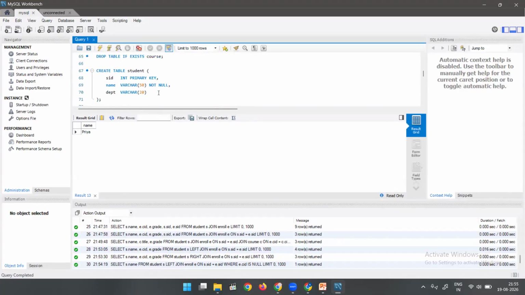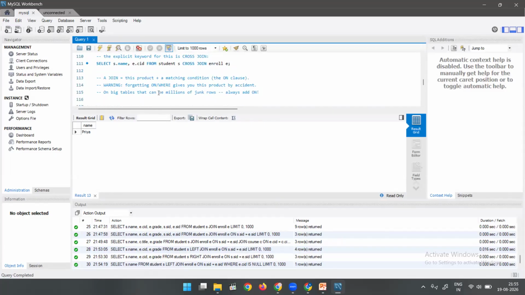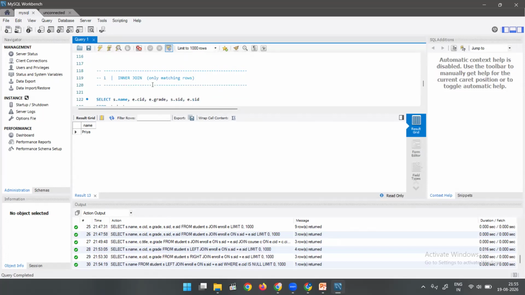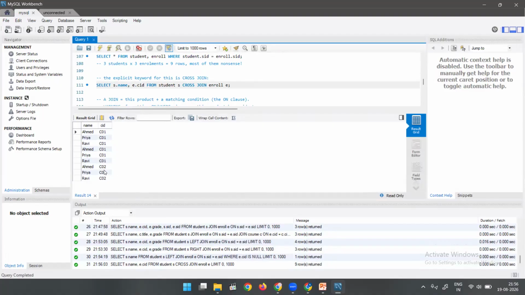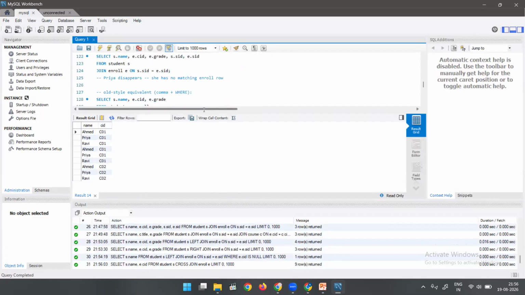Okay, so cross join is here. Yes, this is our cross join. So it will display everything, whatever is matching. That is the scenario. And full join will be a combination of left join and right join, union of both. That means take left join and right join and then perform union on them. So that will be a full join.